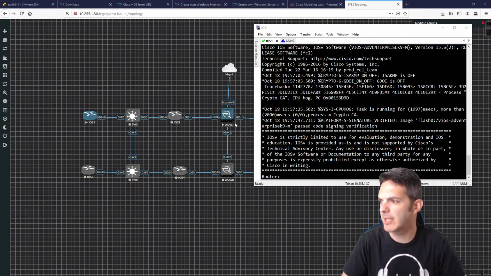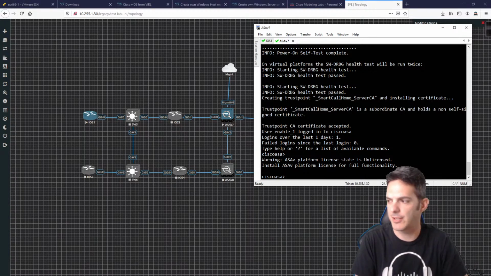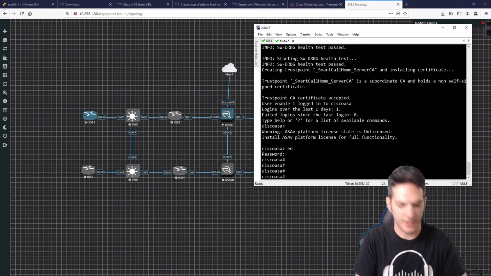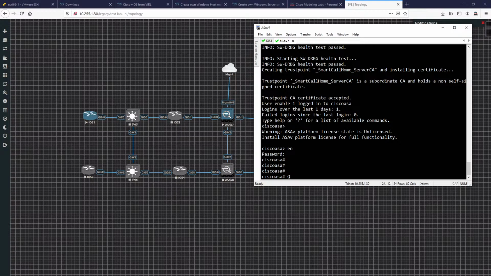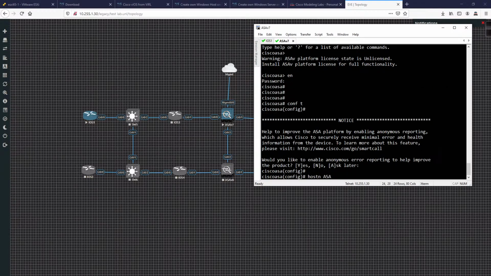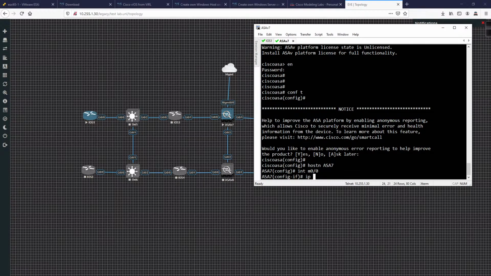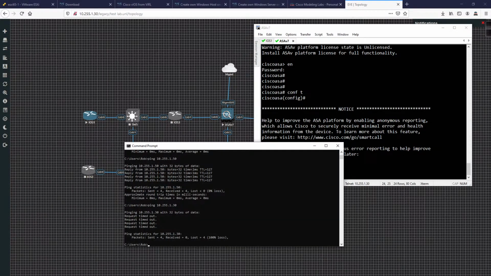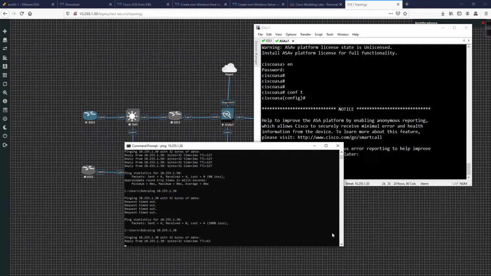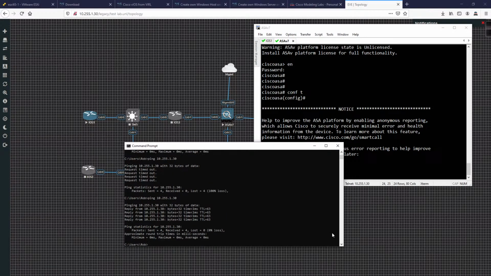So what I'm going to do is get this firewall set up so that I can use the ASDM to connect into it. The first thing I'm going to do on the ASA is give it a hostname, ASA7, and I'm going to go to interface management 0/0 and give it an IP address. I need to give it an IP address that is on my home network, so I'm going to ping 10.255.1.30, which will work now because,